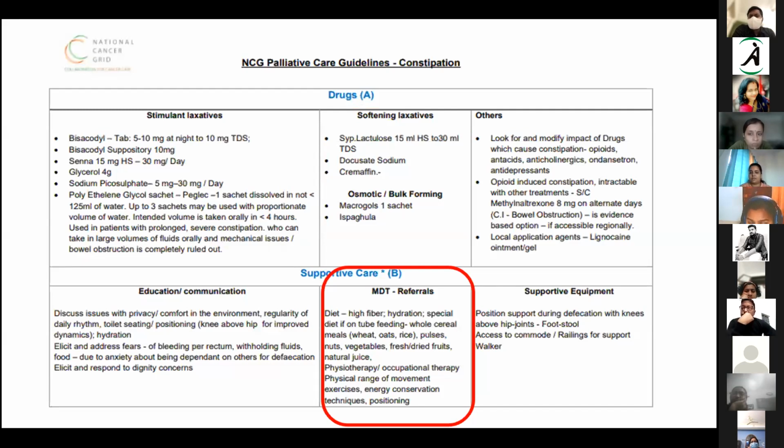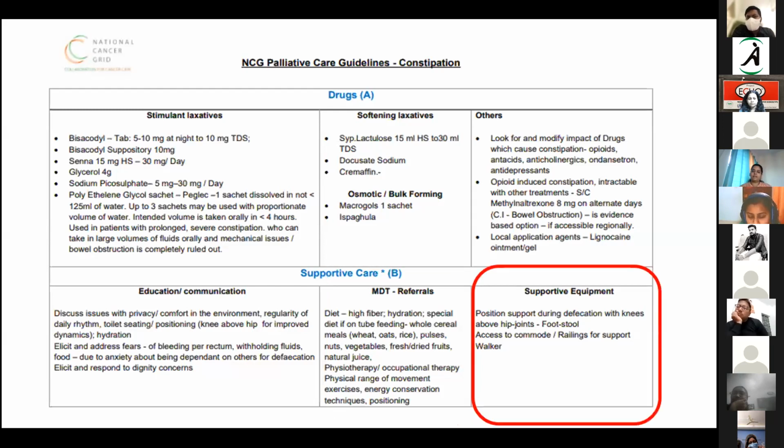There may be a need for physiotherapy and occupational therapy for particular issues, such as positioning of the patient, and how to do things if minimal bedside activity is required. There are also ways of reducing energy expenditure, so energy conservation techniques: with minimal bursts of activity, they can continue to be less fatigued, avoid being in bed for more time, avoid being inactive, and remain as active as possible. So there is this range of techniques that you can utilize.